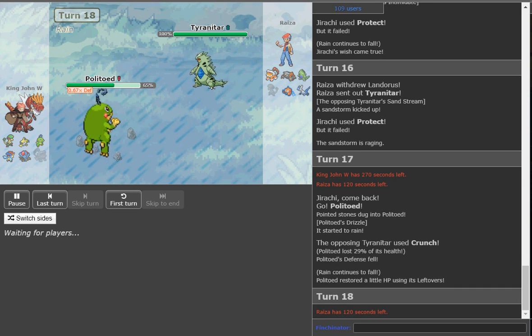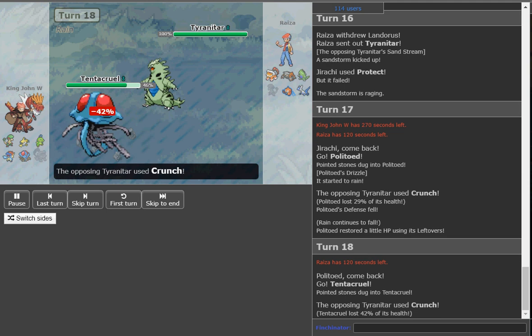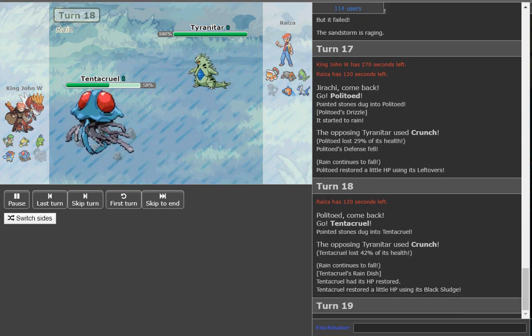Now here, you're pretty much forced to go Rotom. Yeah. Oh, man, if Breloom was alive, this game would have been so over with. I mean, this would have been like a 12-turn stomp. He's going to go Tentacle here, on a follow-up Crunch doing 42. I'm not really sure if that was a play from John W., but...